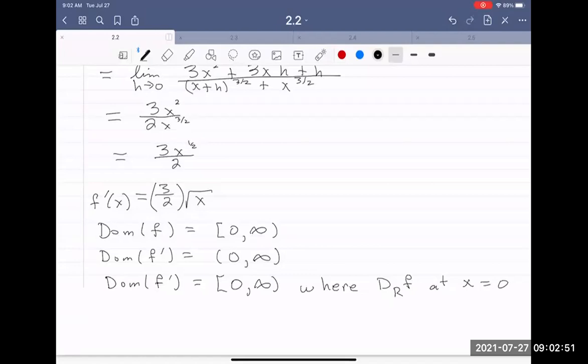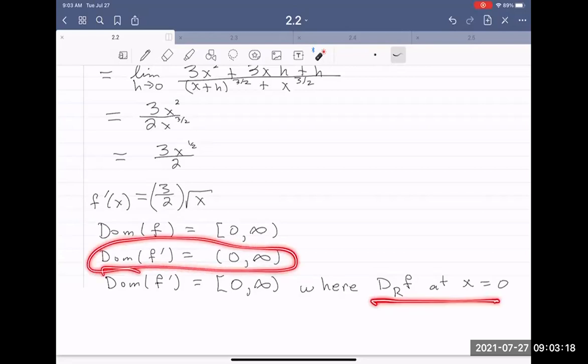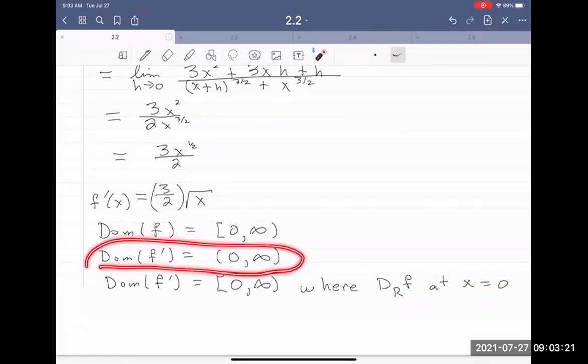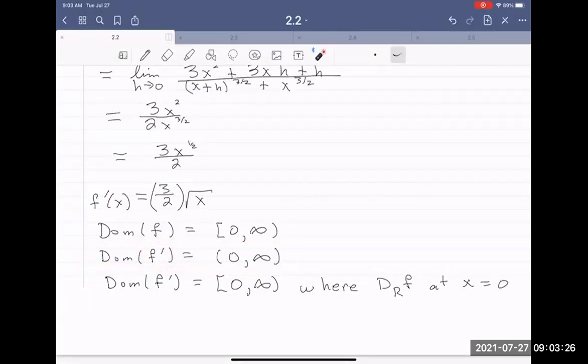So the right derivative of f at 0 is defined, not the left derivative, but the right derivative. So if I use that sort of specification that when I include 0, I can just look at the right derivative, then the domain is this. But unless you tell people you're doing this, this is your domain. So your domain of your derivative, meaning the two-sided derivative, is 0